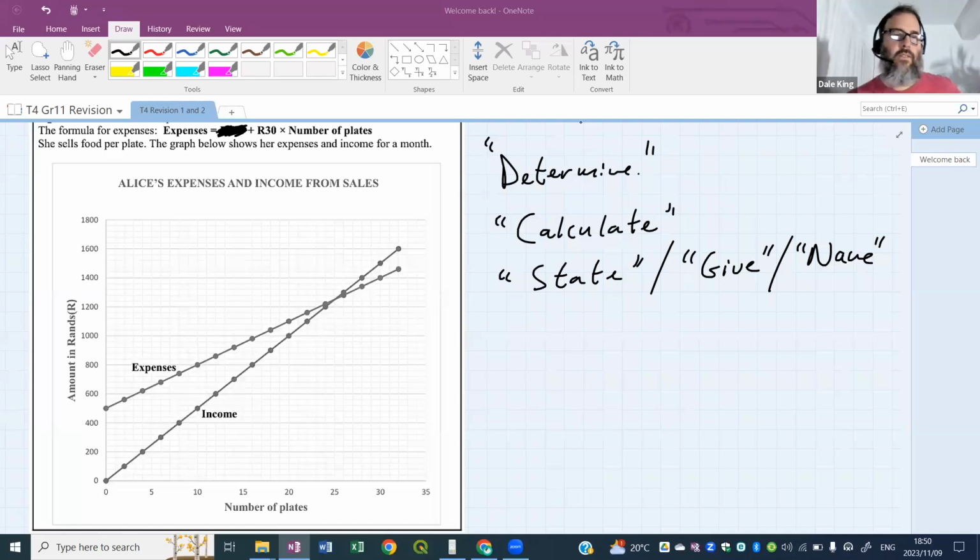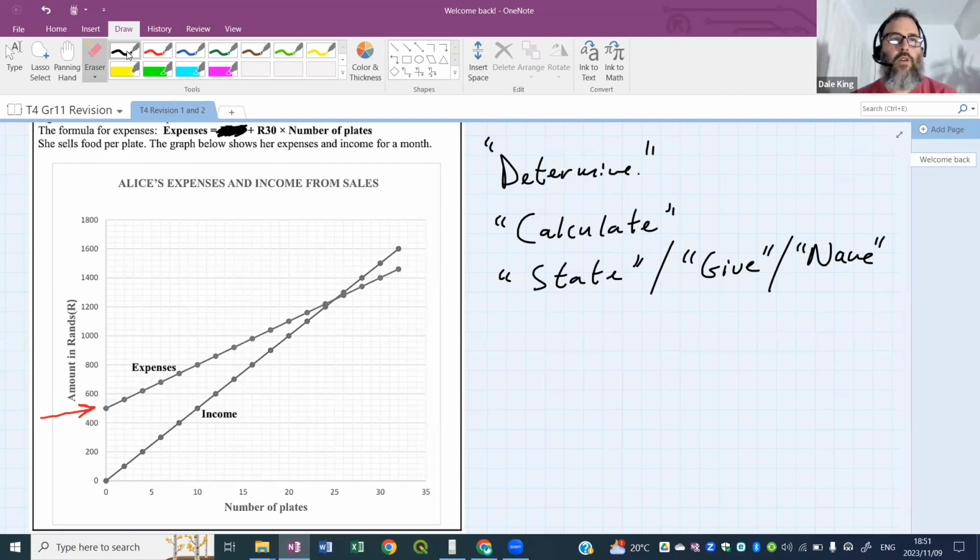There we go. So where expenses is, and then just above 400 is the plotting, where that expense line touches the y-axis. Yes, absolutely. Well done, Fatima. Thank you very much. So Fatima's saying where the expense line hits the y-axis there, that value is the fixed